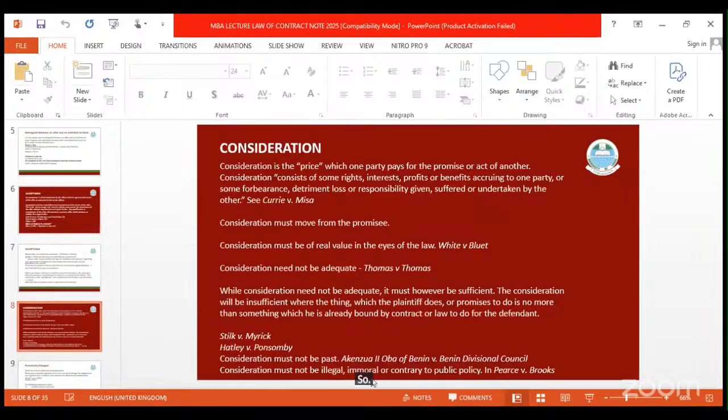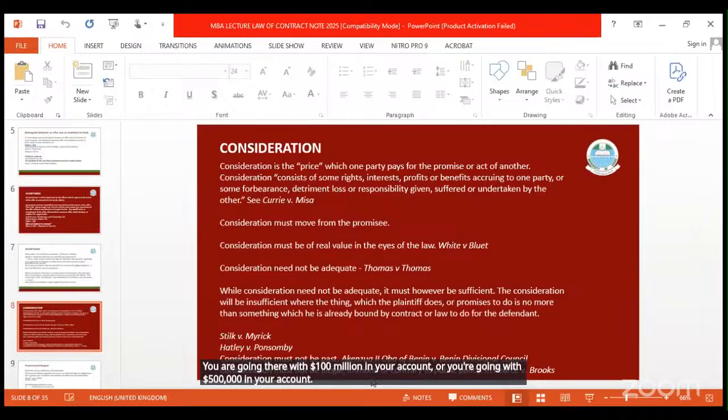So if you want to buy goods in the shop, the same thing. You are going there with 100 million in your account, or you're going with 500,000 in your account. When you go and do shopping and you pay, you check your account, the money you have in the bank would have reduced. So you have lost that money. But then you also gain. You have gained by what? By those items that you take home. So you see that the contract was saying that you should always see that the price, the detriment, is there. When you say that, what have you paid? What exactly have you furnished to retain those goods? You have furnished the price for those goods.